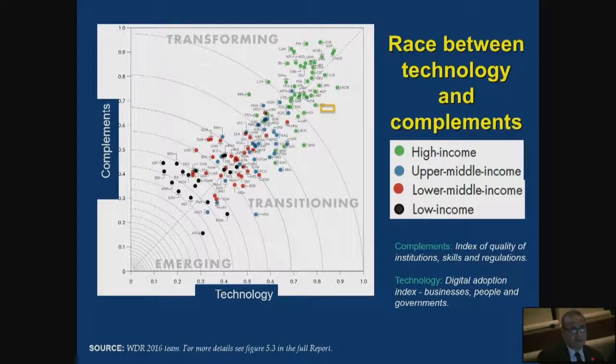And if we look at the data, this is the data between technology and complements. What we observe today is that high-income countries are on the top. They are the ones in the transforming area, but basically the lower-income countries are at the bottom, and that's conditional on those complements. This graph shows the complement on the vertical axis and the level of technology access on the horizontal axis. So again, what we can do to skip and jump those complements is really important, and I think that's where the innovation could come in, in the way we deploy this type of access to technology.